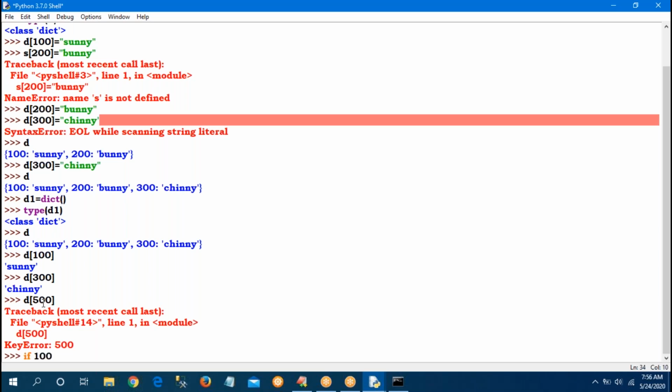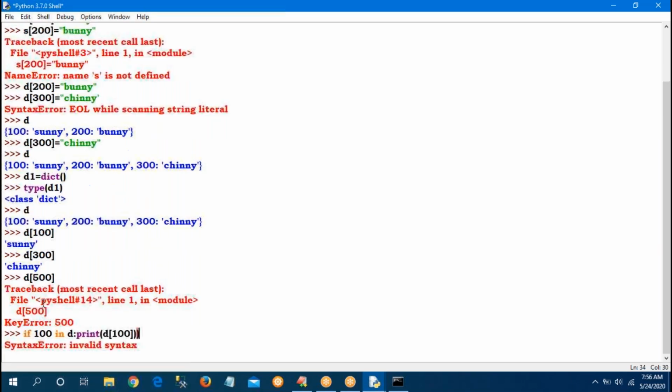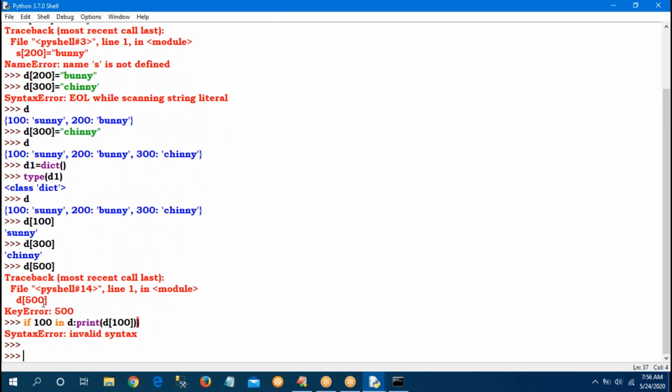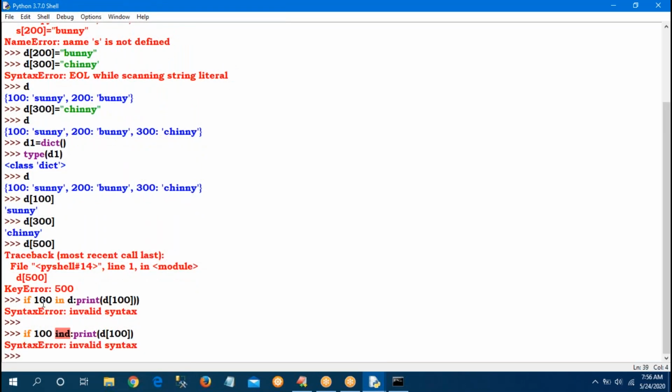Suppose if 100 in D, what is the meaning? In my dictionary, if 100 is available, print D of 100. Syntax error, okay, sorry. If 100 in D, print D of 100.